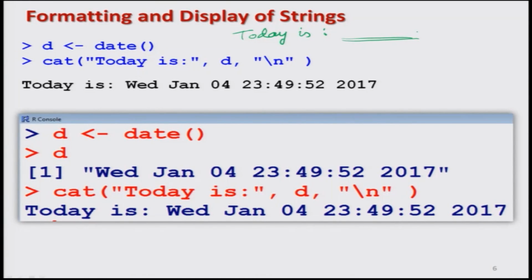So, now how to get it done? For that, if you remember, we had discussed the commands date and time. Out of those two, I can use the function date, and whatever is the current date when the execution is done will be saved in a variable, say d. Then I can write the cat function, and as a character string I can write "today is", and after that whatever is the value of the variable d, determined by the system, can be printed automatically, and after that the next command will be executed and the outcome will come on the next line